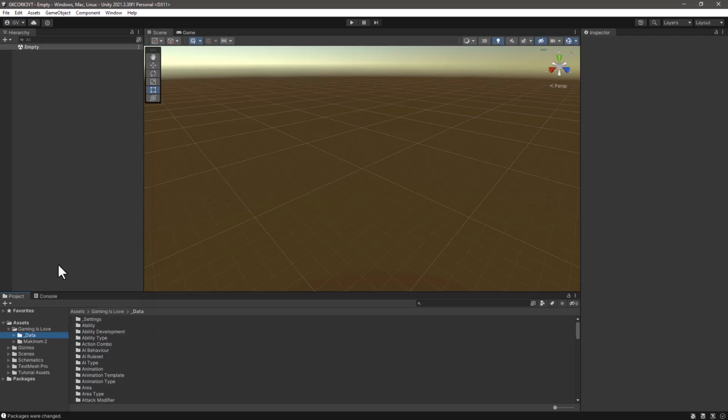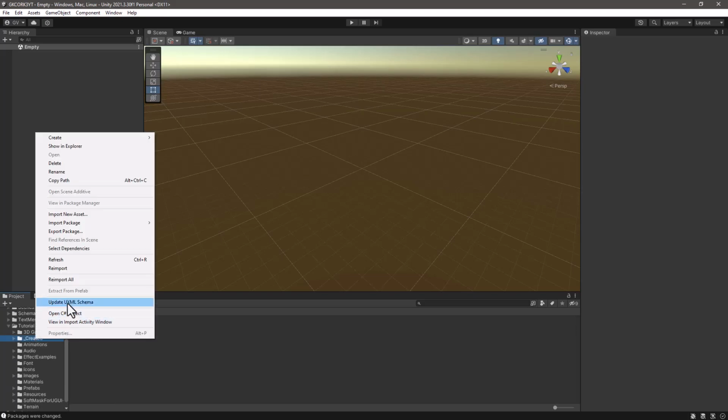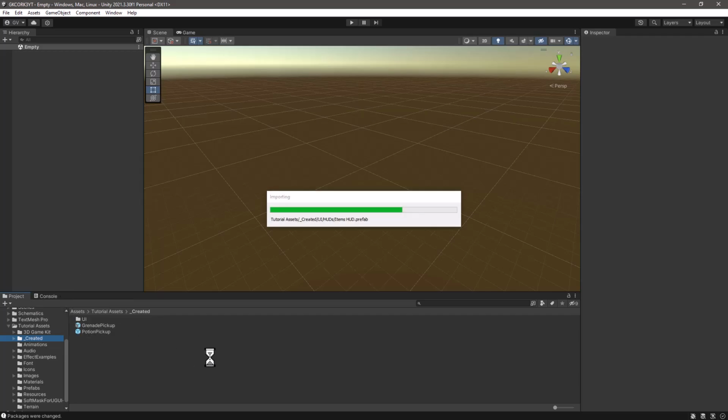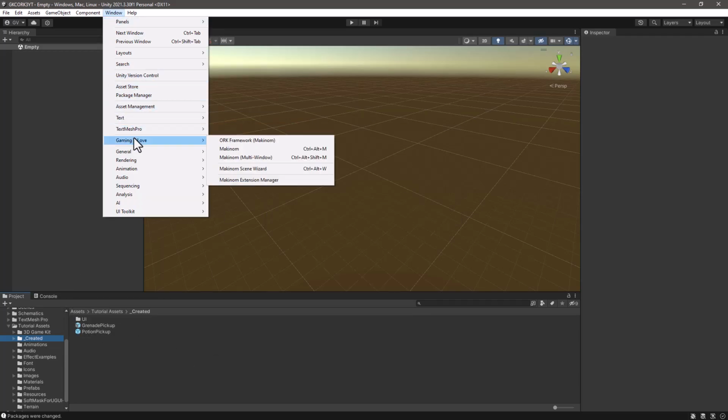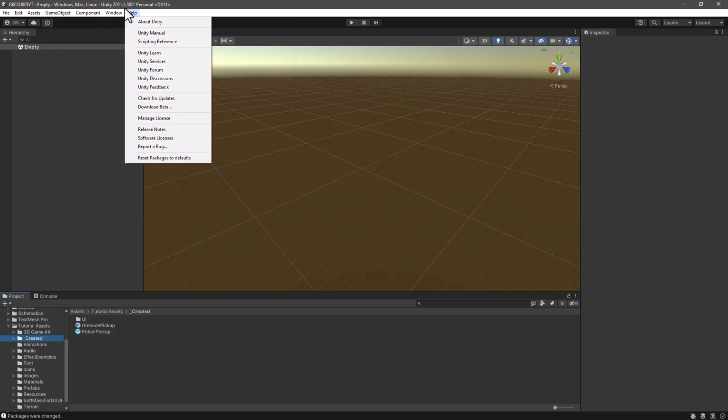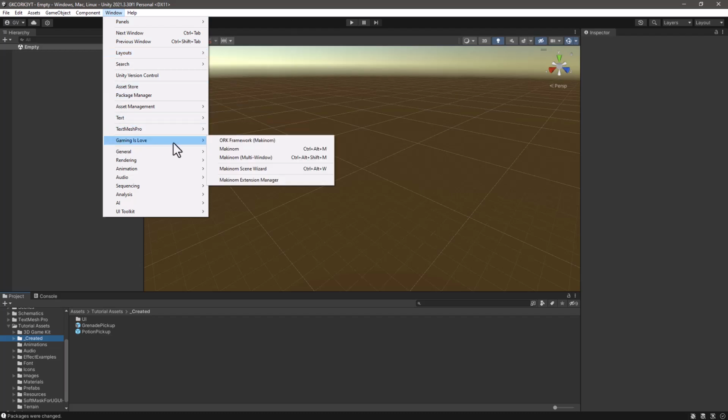reimport, as well for the tutorial assets and in the underscore created. So let's do a reimport here as well. So if we were to launch ORK Framework from the Window menu, Game is Love, MakinORK,